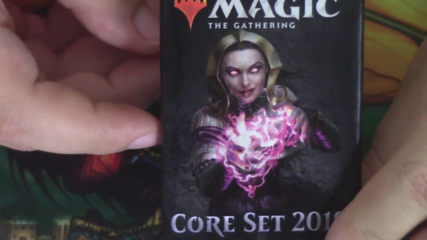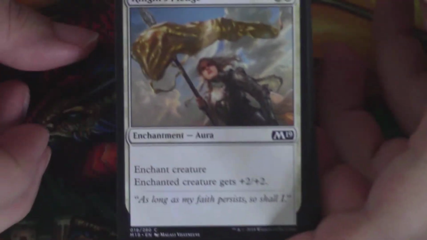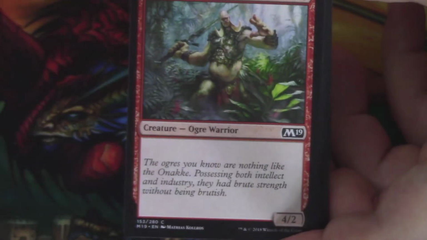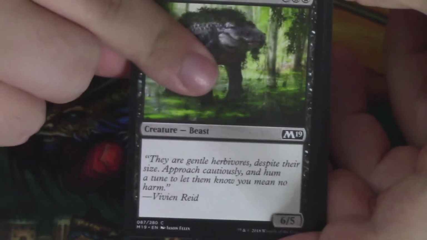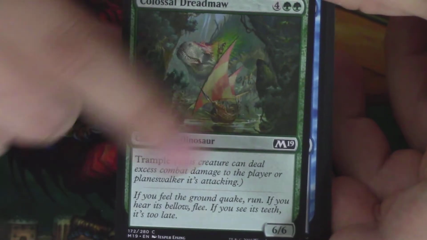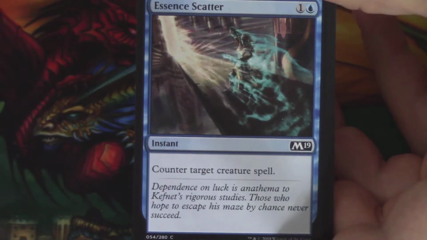Last pack of the video for Core Set 2019 is Liliana. We've had four different Planeswalkers in our four packs that we are currently opening. So, we have a Knight's Pledge. We have an Anticipate. We have an Onakke Ogre. We have a Hired Blade, a Bog Stomper, a Field Creeper, a Colossal Dreadmaw, classic, that card's been reprinted a million times as well. We have an Essence Scatter,